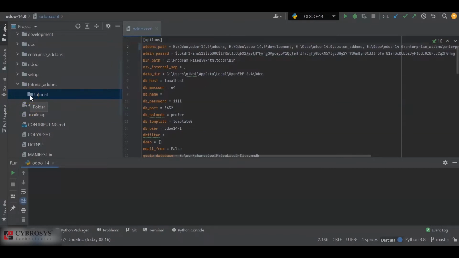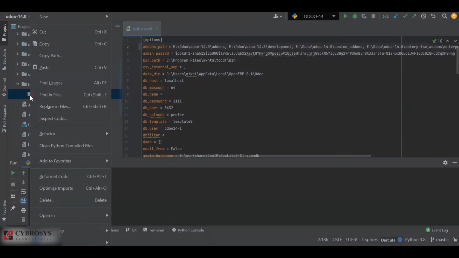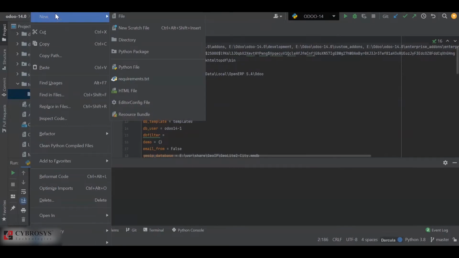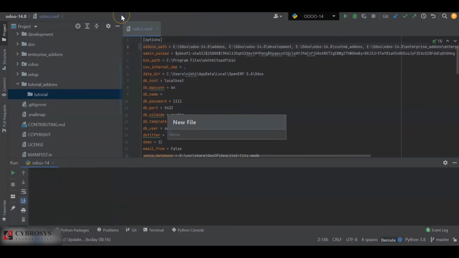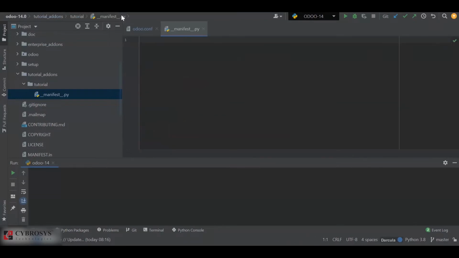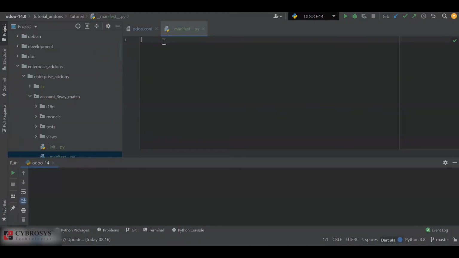Now we'll create the manifest file for it. We'll add a new file and name it __manifest__.py. Now we have created the manifest file. First, we will have to add its encoding type, that is UTF-8.